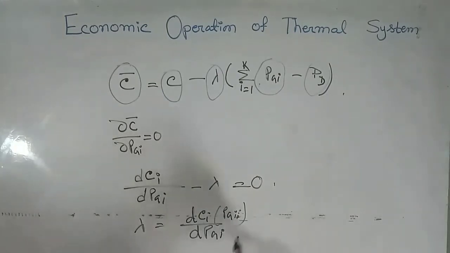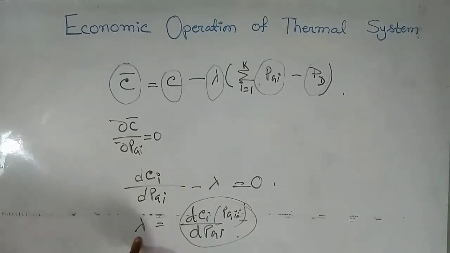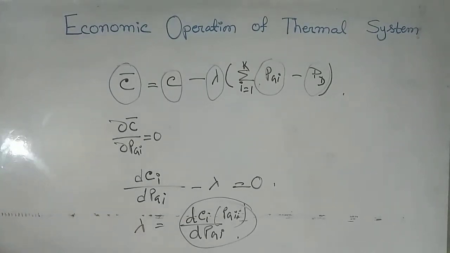The necessary condition for the existence of a minimum cost operation for the thermal based energy generating system is thus obtained when the incremental cost rate of all the units is equal to the Lagrangian multiplier. So for k number of such units, economic operation is thus attained when